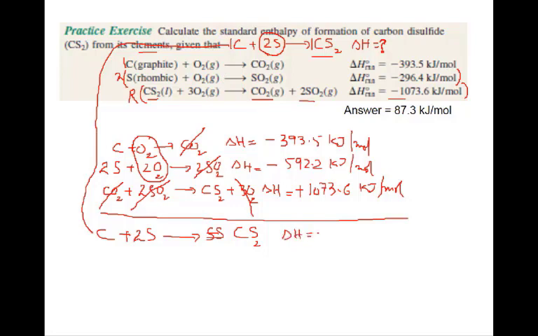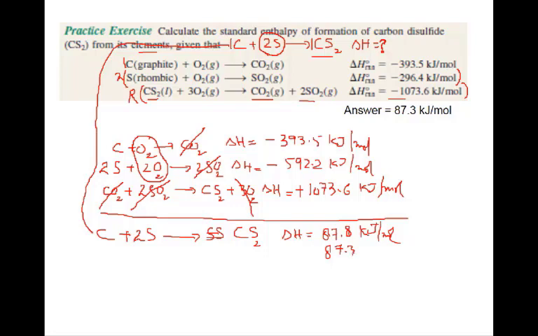So the answer here, if you calculate delta H by the calculator, will be equal to 87.8. It is given also as 87.3 or 87.8, you have to check it. It is written here 87.8, but the answer is 3, so check yourself please whether it is 3 or 8. Kilojoule per mole. Okay, I think 87.3. So you can check, it is easy now.